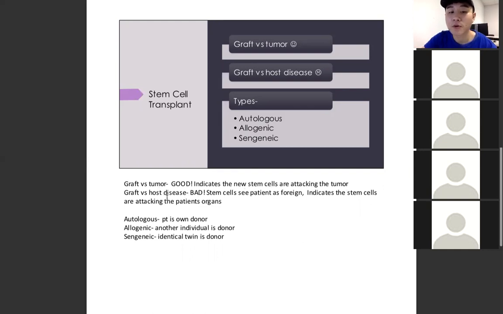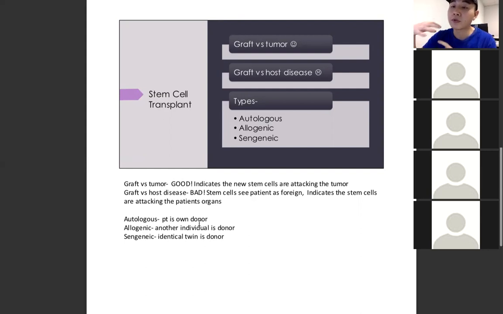So graft versus tumor or graft versus host disease often occur when the patient has a stem cell transplant, a bone marrow transplant. That's what that means. Autologous is patient-owned donor. So autologous means that the patient has issues with their bone marrow, like a leukemia, or they require chemotherapy to kill all of the bad tumor or bad cancer cells in their body. So the doctor would take a sample of the good, healthy bone marrow stem cells,